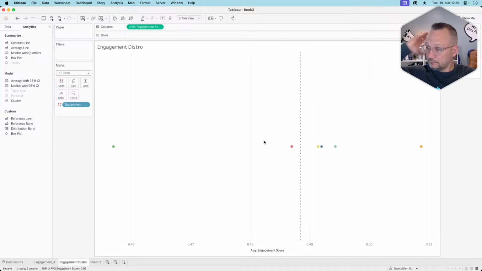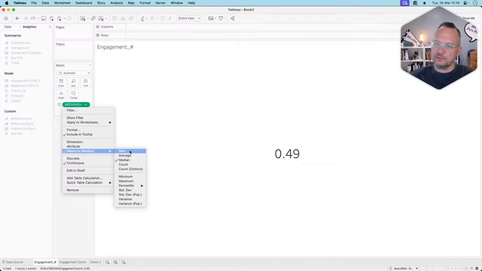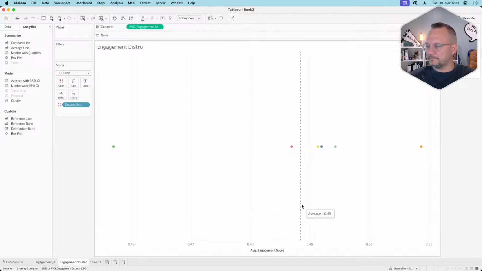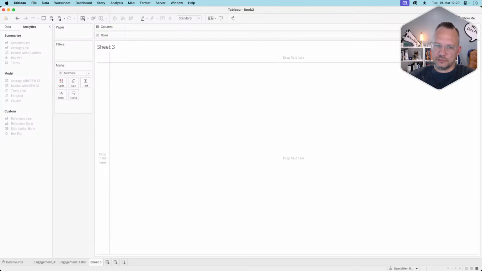Okay. So this is the average, right? We'll go back here and change this back to the average. We'll just do averages everywhere, make it easy. Now we can bump up the size here. And then just to further do this, what we could do is